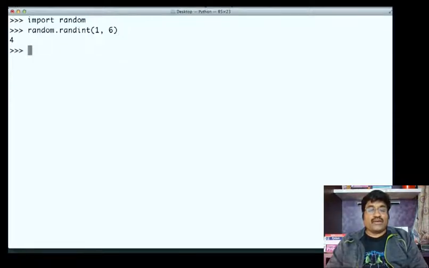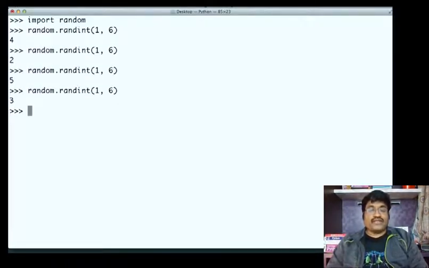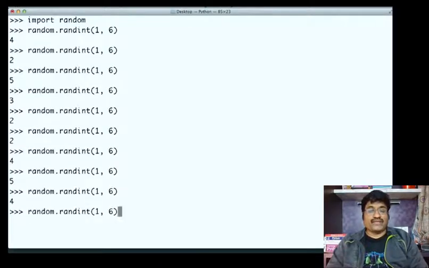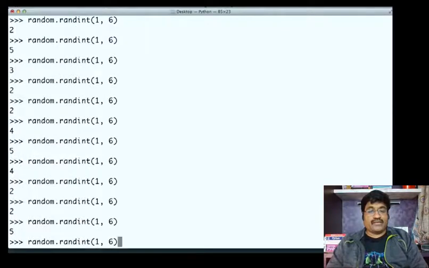Let's see what this does. Cool. And then we can use our up arrow to go through previous lines of code, and I can just keep doing that over and over again to generate a bunch of random dice rolls. All right, so definitely crucial for the roulette wheel